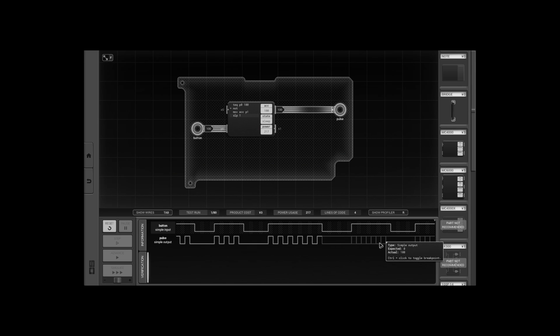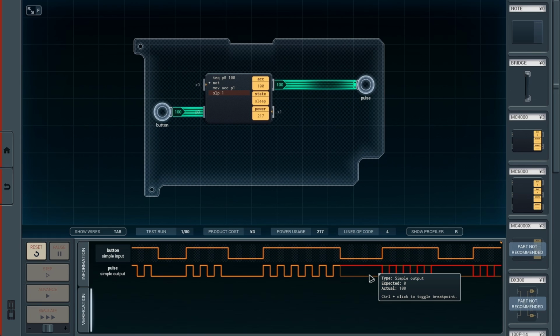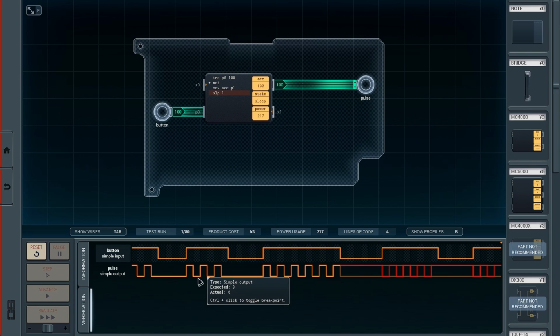Actually, I ruined it. Oh, okay. So I know what went wrong. What I currently keep doing is I just keep switching from 0 to 100. But that would require it to be held for 1, 2, 3, 4, 5, 6, an even amount of time, so that it has enough time to complete a loop, because a loop is 2 ticks long. Because this turns on, it turns off,